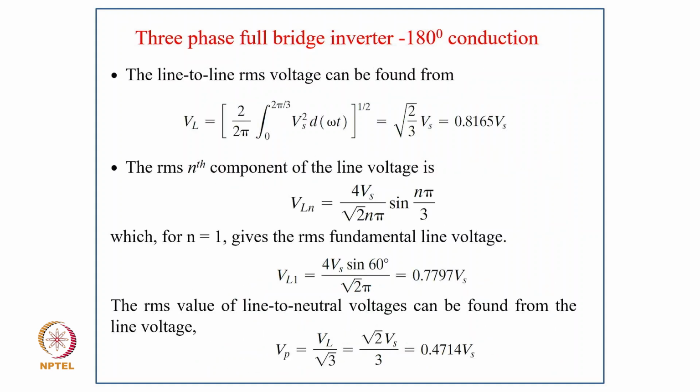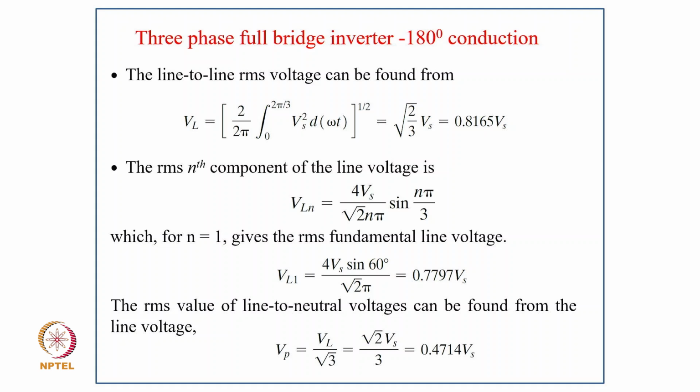So coming to the line voltage RMS, it can be found out as VL equal to in bracket 2 upon 2 pi, integral 0 to 2 pi by 3 of Vs square d omega t, square root of that is under root 2 by 3 into Vs, that is 0.8165 Vs. And the RMS nth component of the line voltage is VLn equal to 4 Vs upon root 2 n pi sin n pi by 3, and for n equal to 1 it gives the RMS fundamental line voltage, that is VL1 equal to 4 Vs sin 60 upon root 2 pi,